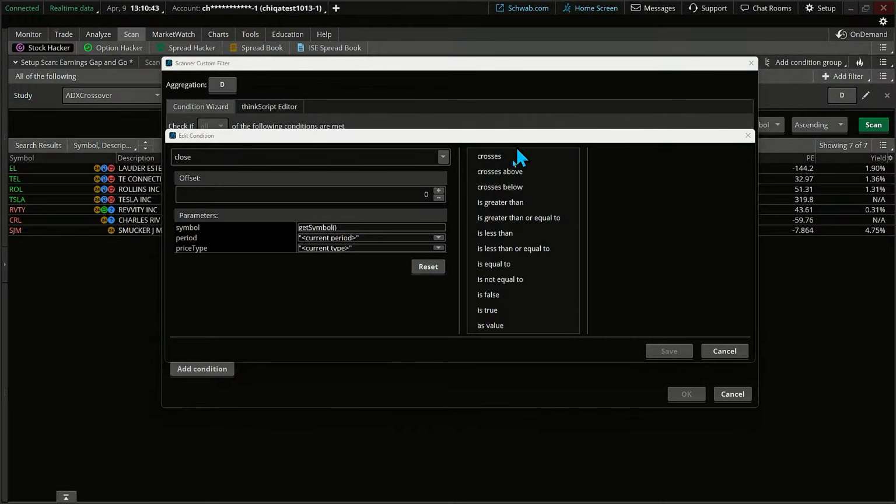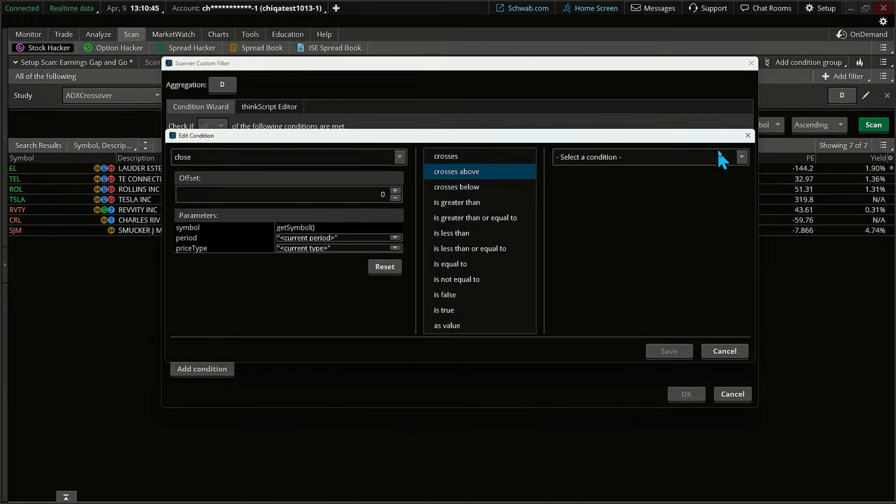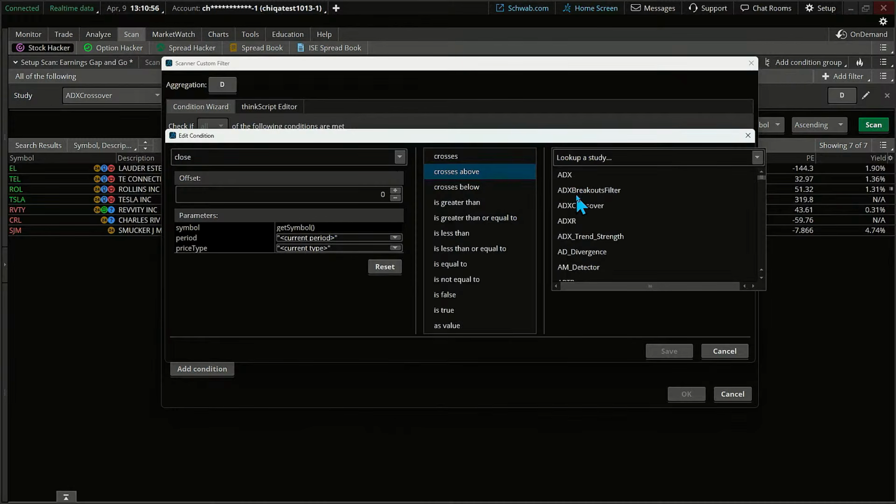So let's click it. And now all we need to do in our next condition is find the moving average. The moving average is definitely a study. It's not a value. It is, in fact, a study. More on the value in just a second, but here's the study right here. So I'm going to click on it right now. A good quick way is you can scan down through here and find it. There are always some new ones I hadn't seen before, which is great. But if you want to know exactly what we're after, type in the moving average we're after.